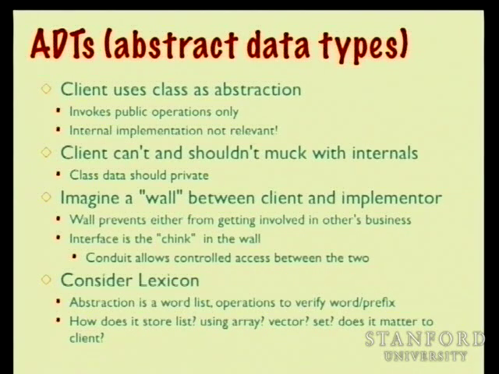And so one piece of terminology we often use here, we talk about this wall of abstraction, that there is kind of a real block that prevents the two of us from interfering with each other's process as part of combining to build a program together. And there's a little tiny chink in that wall, right, that we call the interface, and that's the way that you speak to the stack and ask it to do things on your behalf,